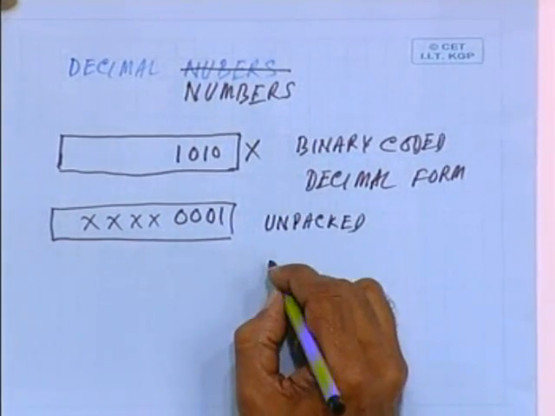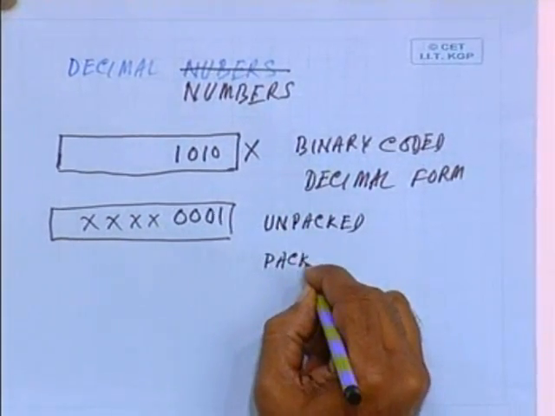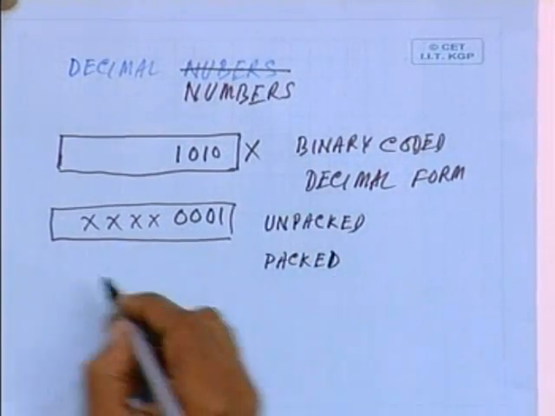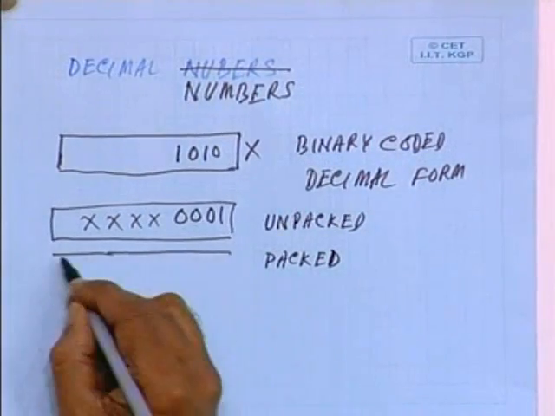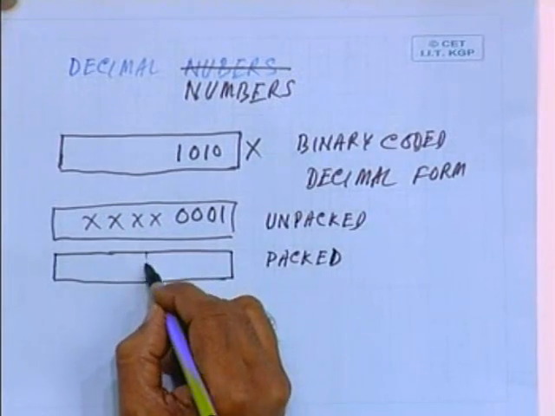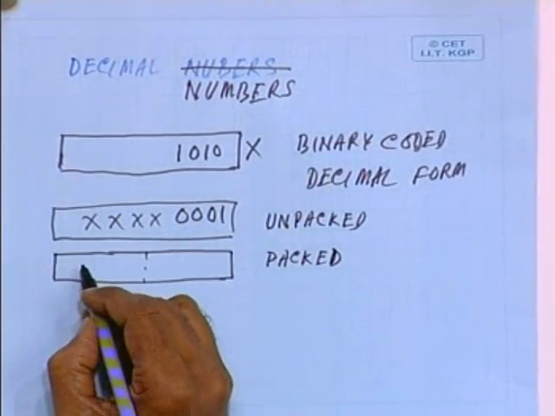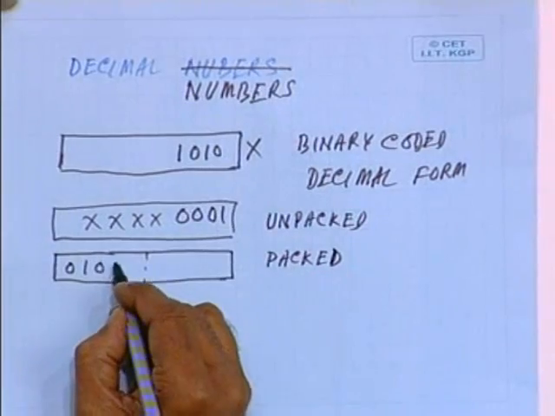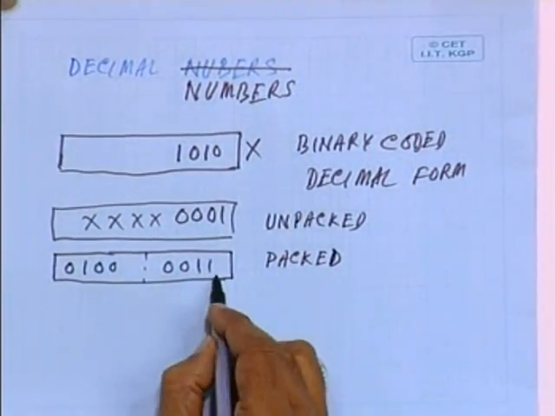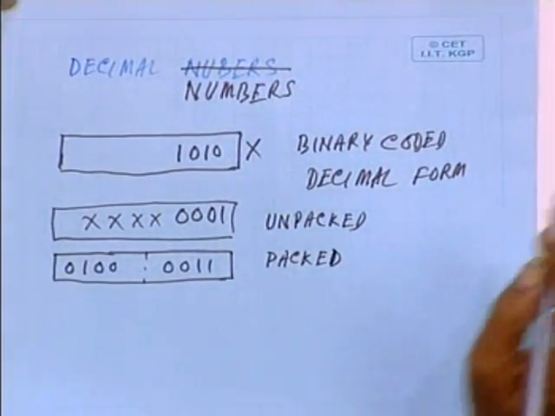You can also store in packed form by storing 2 BCD values inside a single byte. For example, you can store in these 4 bits, if you want to store 4, 0 1 0 0, and you can store 3, 0 0 1 1, in 1 byte, and this is known as packed form of BCD representation. So you can store packed as well as unpacked BCD numbers in these two ways,